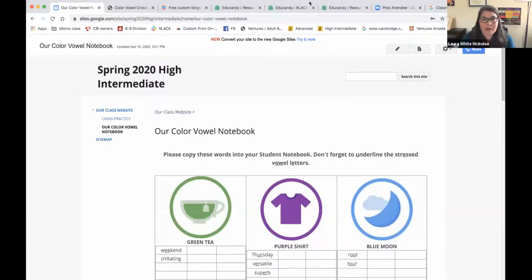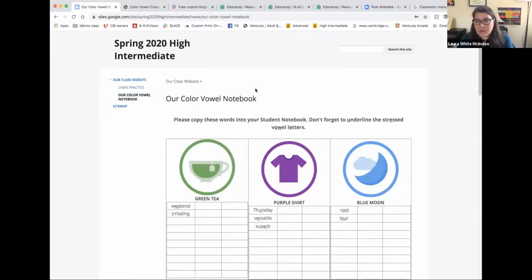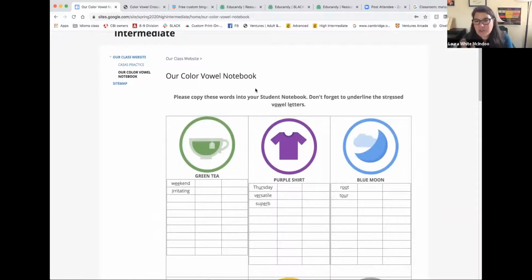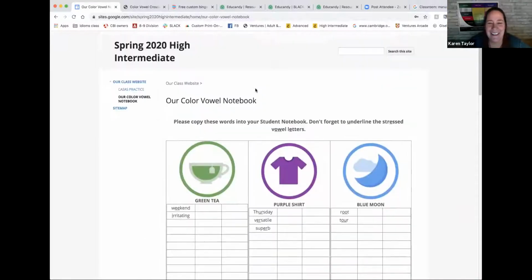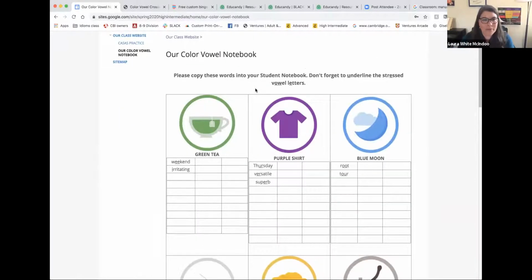And actually the first thing I want to show you is my color vowel organizer that I had to use for my class very quickly. Instead of using the color vowel organizer on paper, or what my students use, I just made this. And I think we have this shareable. Karen, do you know if we still, I think I shared this with Liz, right? Yeah, I think we're going to organize some of our shareables. Yeah, this is somewhere, this is a blank, but this was my high intermediate group, and these are editable fields.